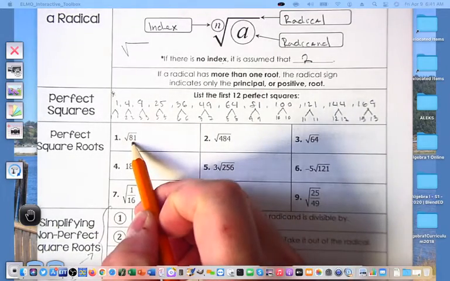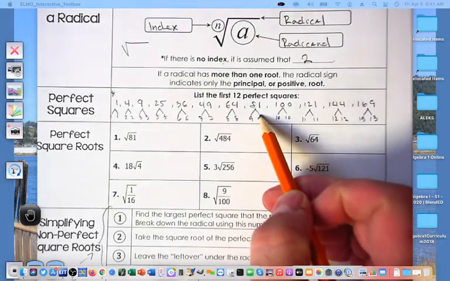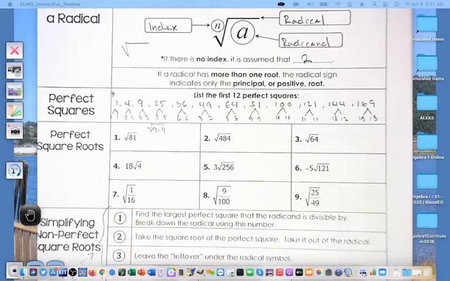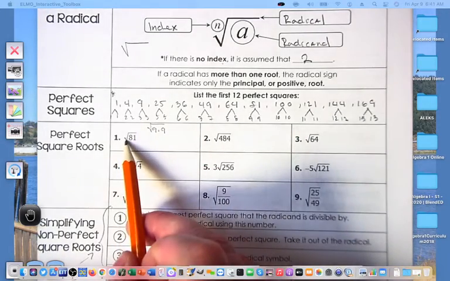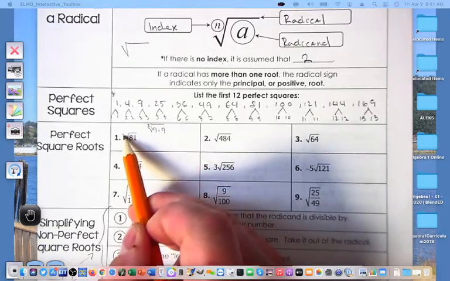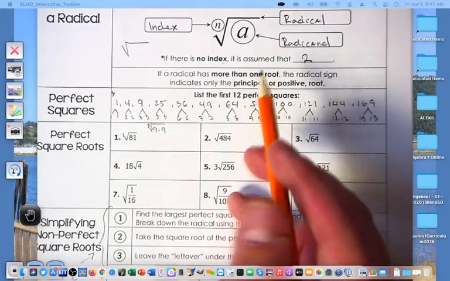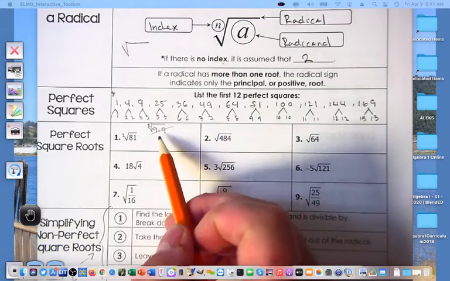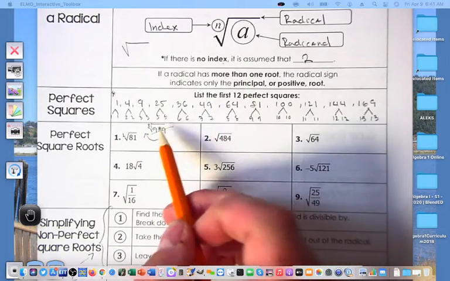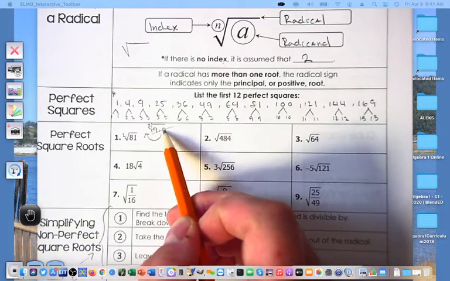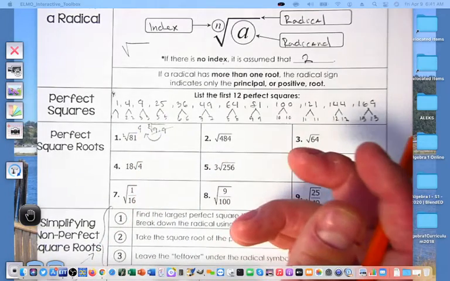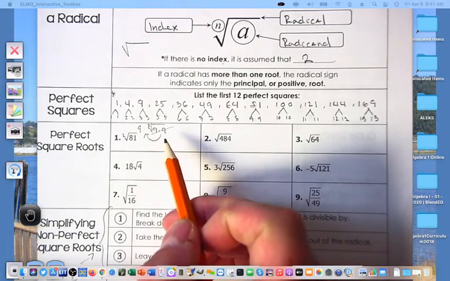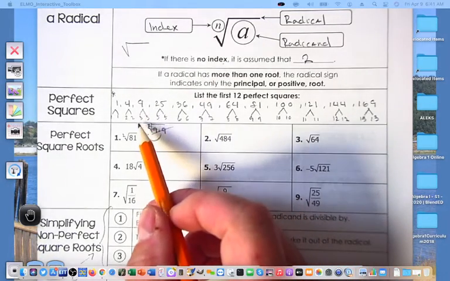For instance, square root of 81 happens to be one of our perfect squares. So this breaks down into 9 times 9. Our index, since there is no number written there, is a 2, which means we're looking for groups of 2. For each group of 2, that couple becomes one number. So we take 2 9s in the radicand and bring them outside to make simply a 9 on the outside. For every pair in the radicand, we bring one of those out